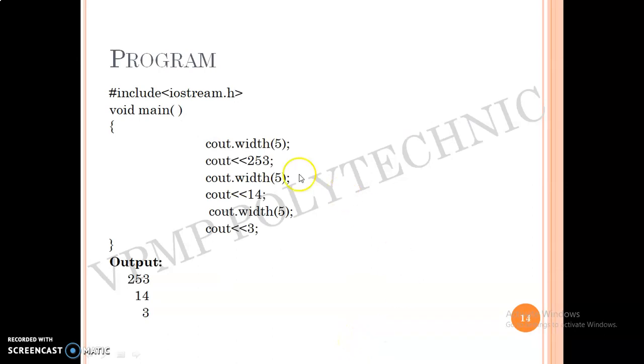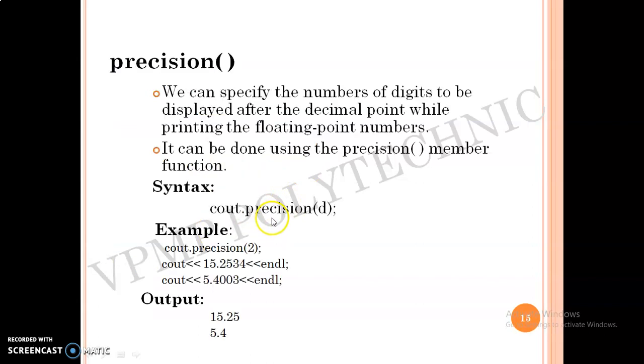So in the program also you can use this, width is 5, so the initial 2 letters are blank. Then the initial 3 letters are blank, then the initial 4 letters are blank. Only 1 character, only 2 characters and only 3 characters. But as the width is 5 there, you can see by the movement of my mouse, you can observe 2 spaces are blank here, 3 spaces are blank and here 4 spaces are blank. This is how you can use this.